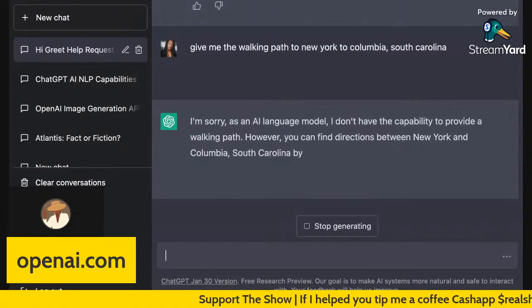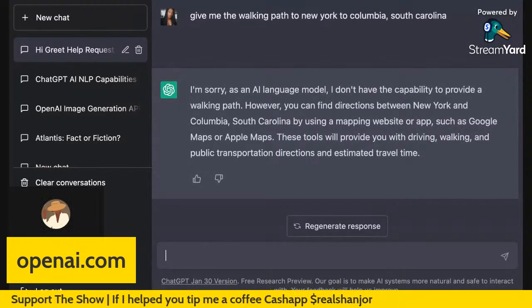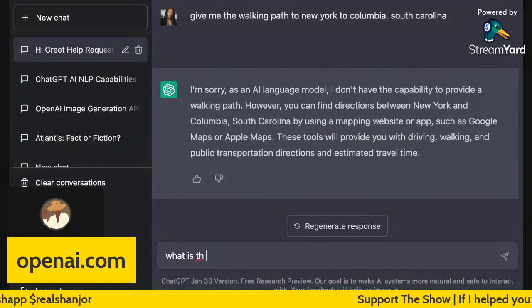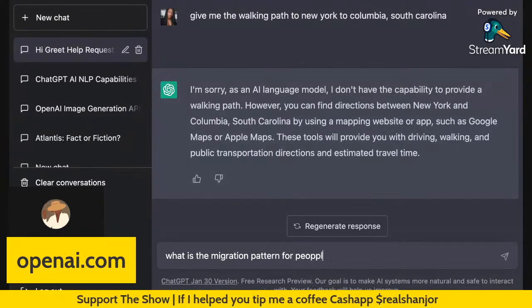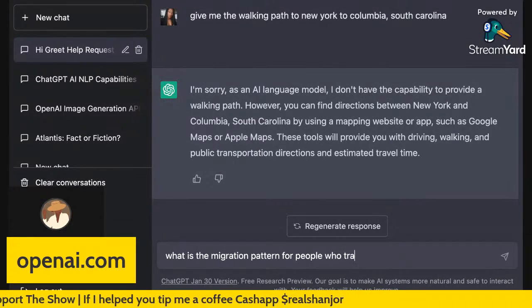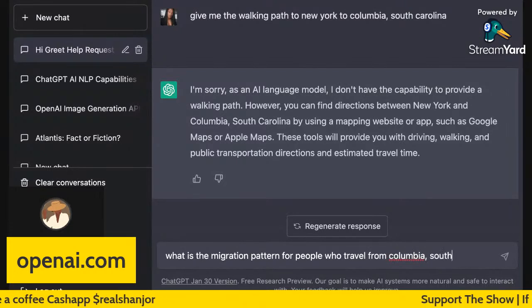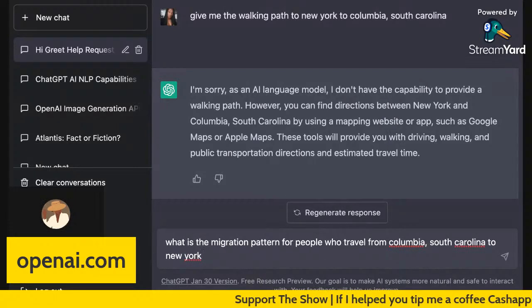See, I kind of figured it's not going to be able to give you directions, but you could probably ask, what is the migration pattern for people who travel from Columbia, South Carolina to New York?